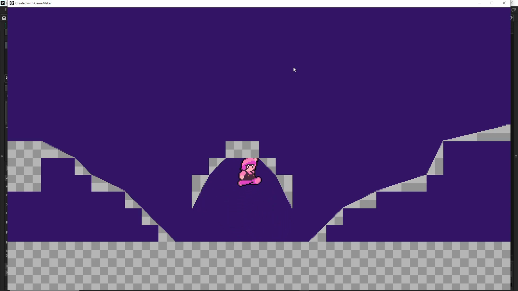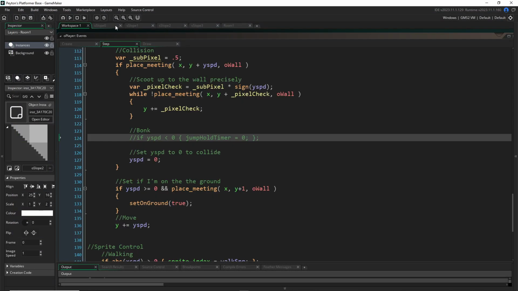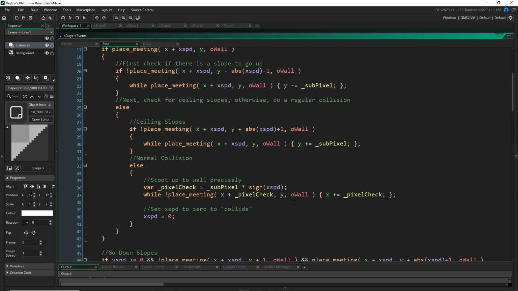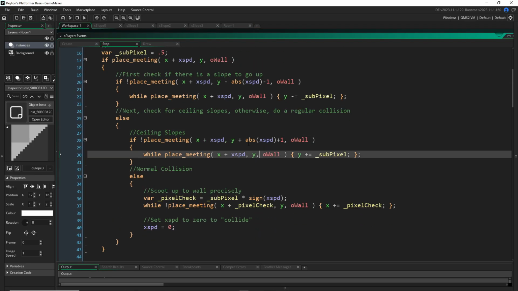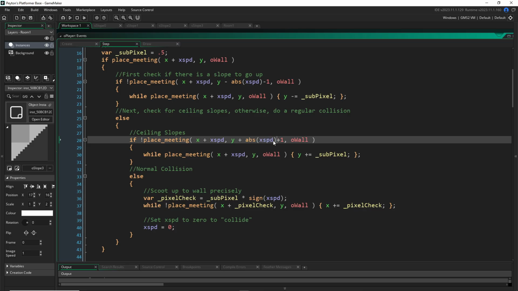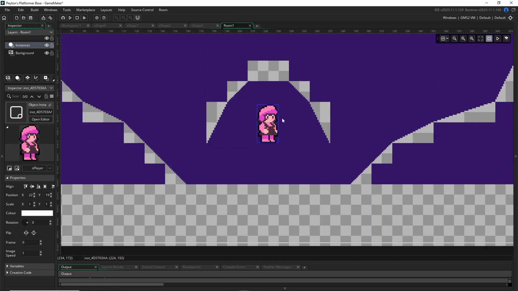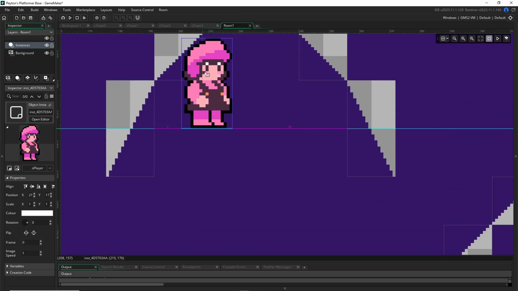If you want the player to slide down this slope, if you think that feels weird, then think about it. What would be the way to increase this downwards slope angle? Well, if you wanted to increase that downward slope angle, basically doubling it, then all you need to do is go in your checking for ceiling slopes. And instead of checking for an equal amount of your X speed, you can check double your X speed right here. Because now if, for instance, my movement speed is 2 horizontally,